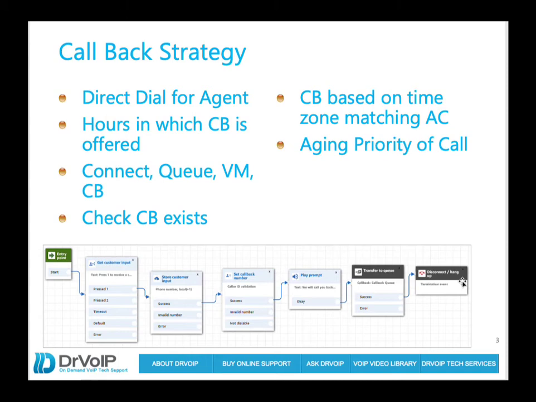So one of the things we want to do here, first of all, is don't put the call in the callback queue. Let's not do that. Let's write that callback request to a DynamoDB table, and write a Lambda function that will check that table first to see if the person requesting the callback has already made a request. You know that people call in, request a callback, then call back again, request a callback. Let's check to see if that already exists.